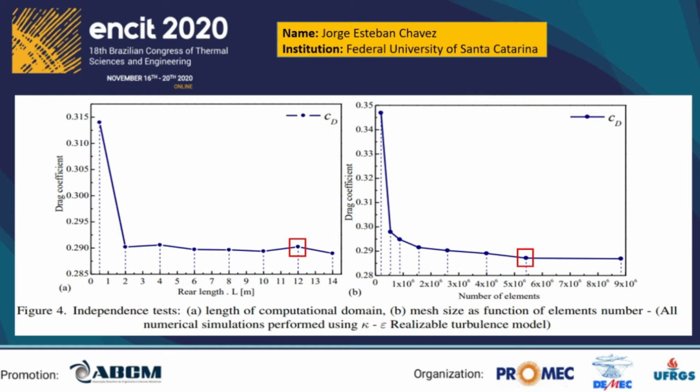Please note that on Figure 4a, the x-axis represents the rear length in meters, and on Figure 4b, the x-axis represents the number of elements of each mesh, progressively reducing the mesh size. After the fourth case of refinement, the difference between the drag coefficient values showed a percentage lower than 1%. Reaching this state, it can be considered that the mesh will reproduce results with no dependency on the mesh size, since